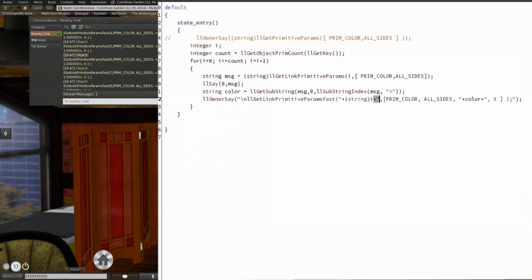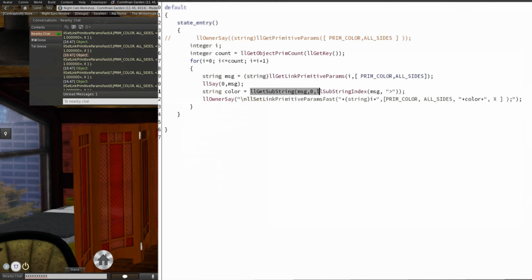Then we're adding another string, which is just the comma after the link number, and then designating which factor of things we're changing. In this case, prim color on all sides to the color that is isolated here with the get substring,